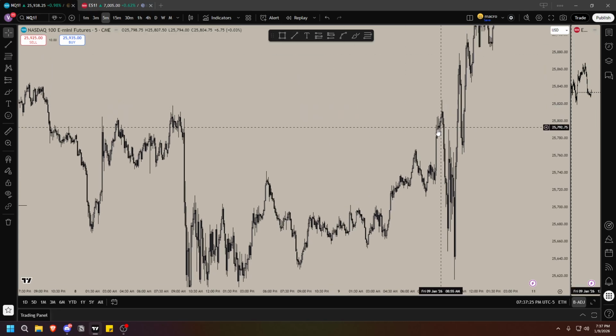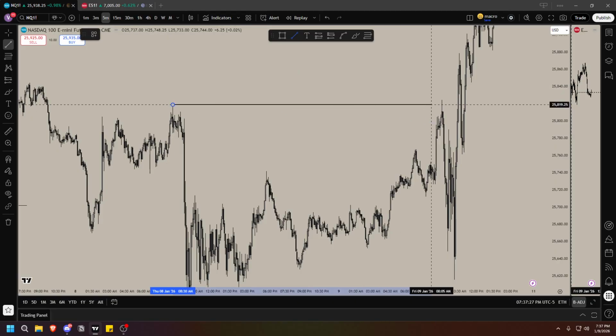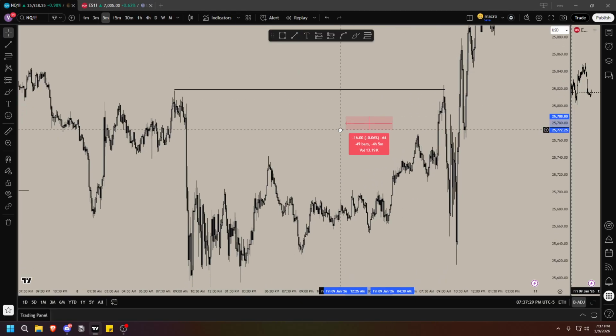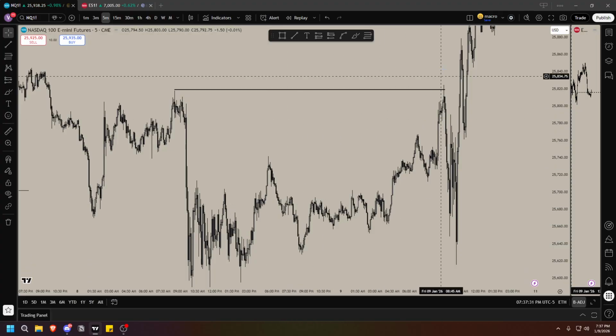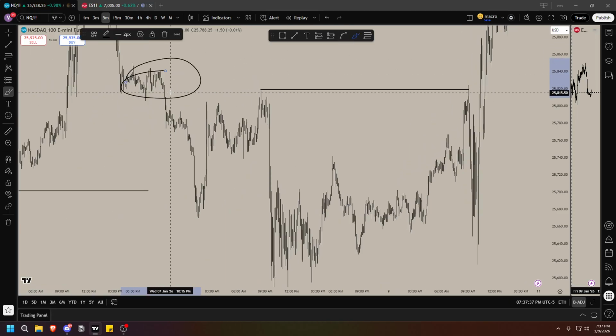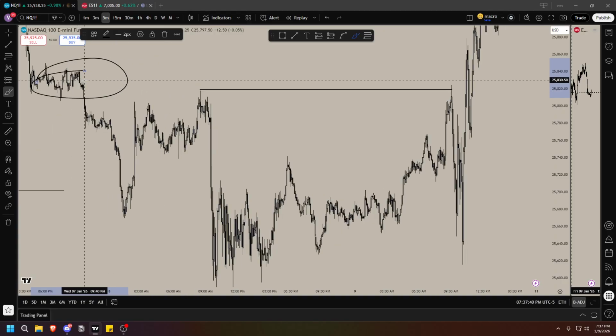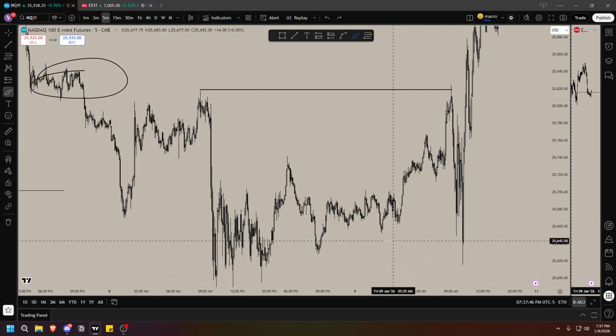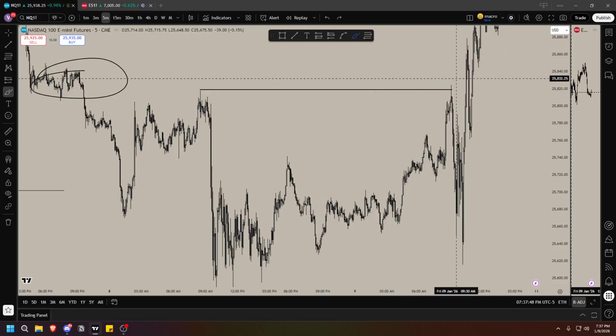So coming into 9:30, all right, 9 a.m., we sweep this high. Okay, so overall you have continuation, very choppy continuation higher. Price swept the high, but we're still inside of this right here on the left. You know what I'm saying? When this gets taken out, you're not going to see a fat reversal down. You're just going to see a short-term reversal to take out liquidity before price continues higher, okay?